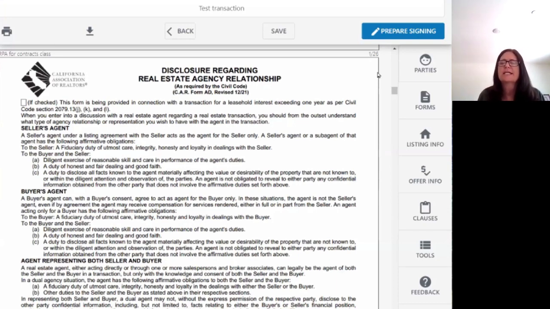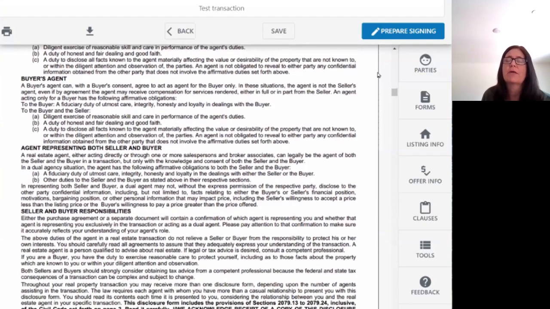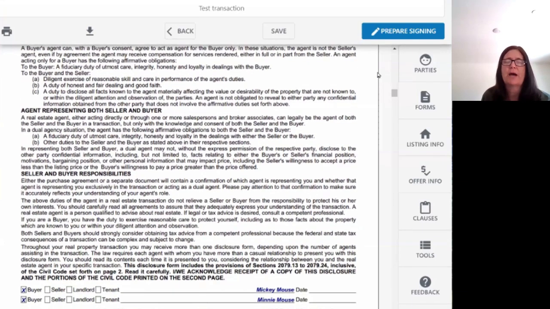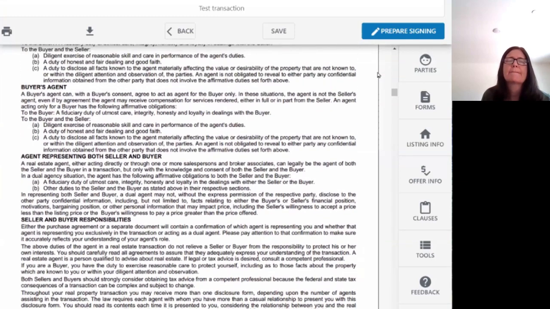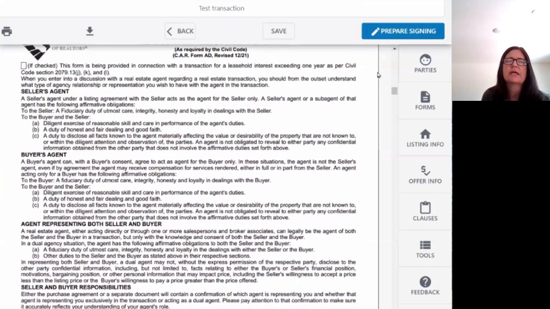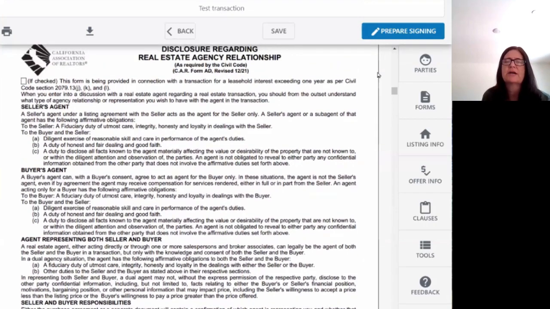So the first one is the disclosure regarding real estate agency. This is the first form that you're going to ever have a client sign because the state of California feels that the disclosure of agency is extremely important. What this does is it outlines what a seller's agent can do. It outlines what a buyer's agent can do. It talks about an agent being able to represent both the buyer and the seller, and it talks about the seller and buyer responsibilities. And I'll go over this in a little bit more detail as we get down into it, but